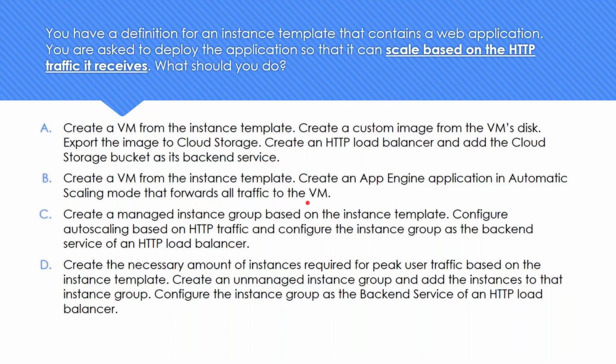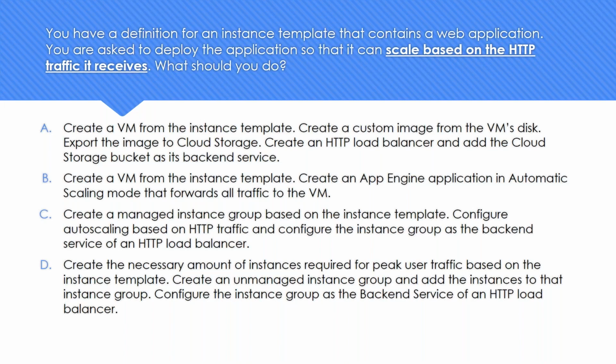How will you do it? You need to think of it. There's no inbuilt capability, so you have to write some HTTP forwarding rules, all those things, which is also not going to serve the whole purpose. And there's no way you are scaling it based on the HTTP traffic. There's no connect. So the load balancer should come into the picture, the health check should come into the picture, MIG should be coming into the picture, and in MIG we should have turned on auto scaling. So those are all the stuff which needs to come into the picture, which was not even mentioned in